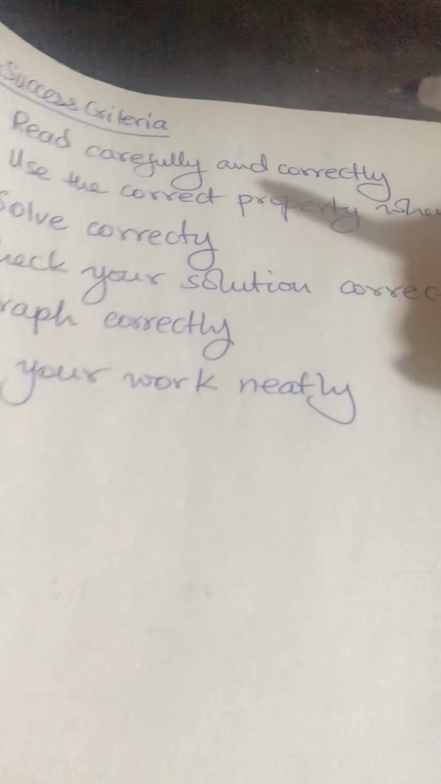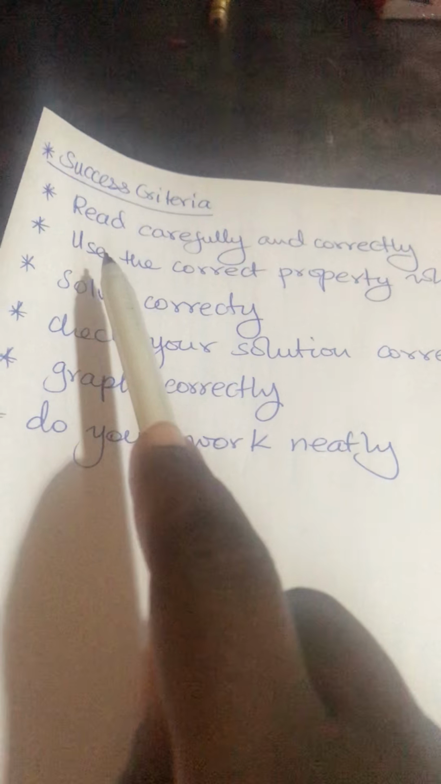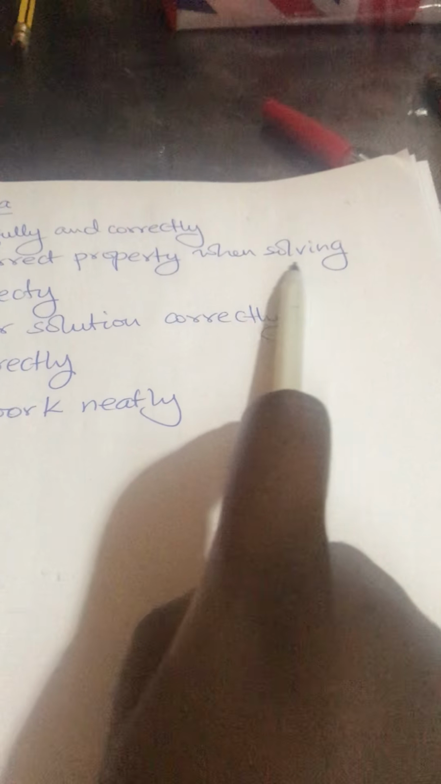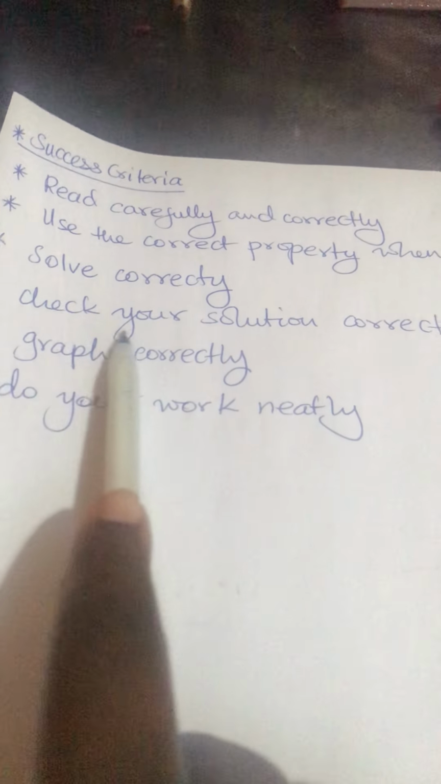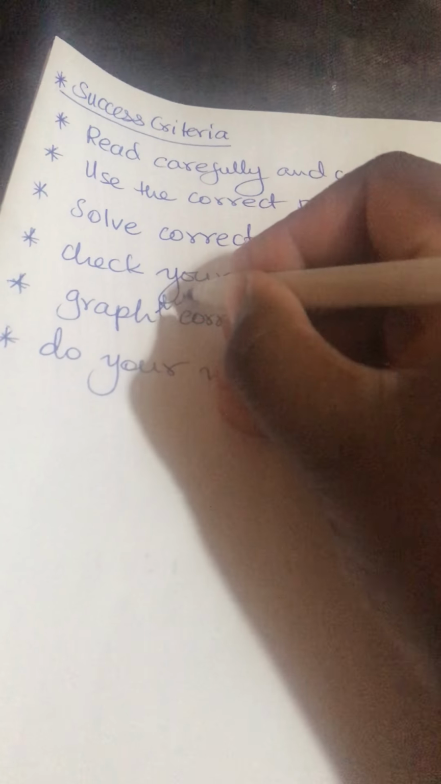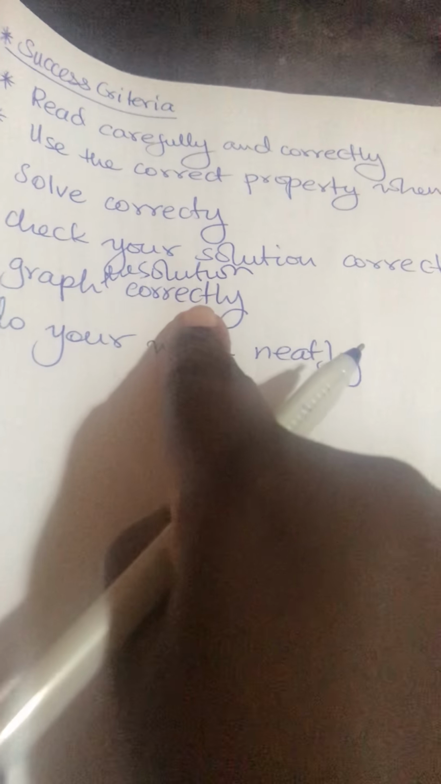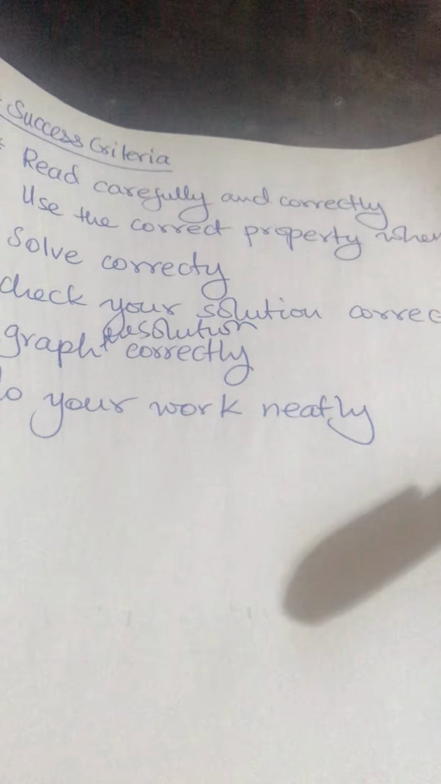Okay? So let's do some examples. So this is your success criteria. Read carefully and correctly. Use the correct property when solving. Solve correctly. Check your solution correctly. Graph the solution correctly. Do your work neatly. Okay? So let's do,